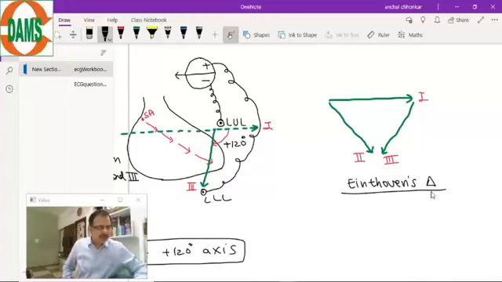Why plus angle? Because the depolarization is going in a downward direction. And what is a depolarization current? It is a movement of positive ions, a movement of positive charge. So positive charge is going downward. Anything below that 0 degree will be considered positive because depolarization is downward, so we take it as a positive angle.